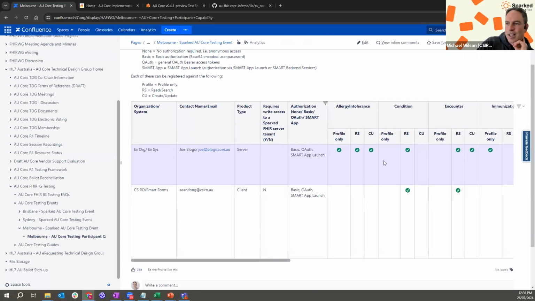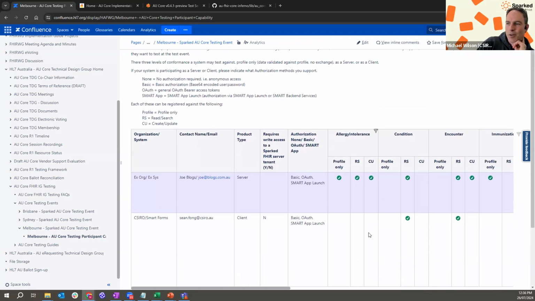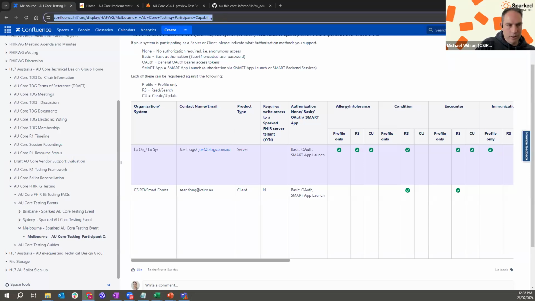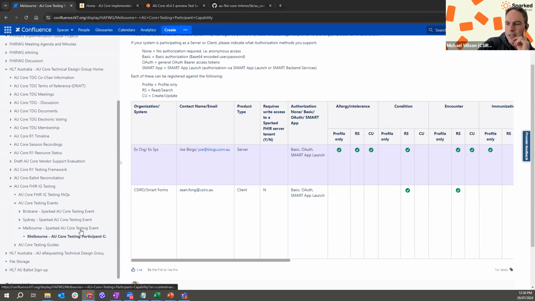So this is for the participants, so that we know who's here and can reach out to each other. It's going to be a small event, and we're going to get to know each other quite well on the day. But this is just good for us to know what you're bringing along, to formalize what we just said here today. I'll put that link in the chat. It's just a child page of the actual event page.